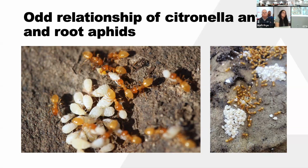They have built corrals to keep their little sheep in, right? And so these root aphids are parthenogenic. The females are females, and females give rise to new babies, right? And sometimes they get to be a bit much. But with the ants tending these guys to harvest the honeydew, as these root aphids feed on roots, they're also